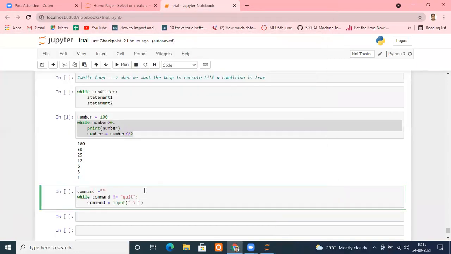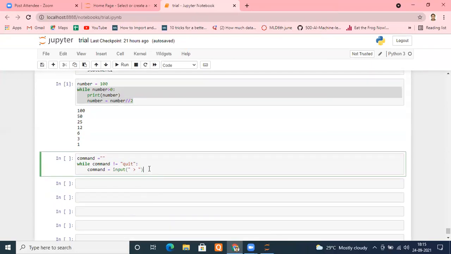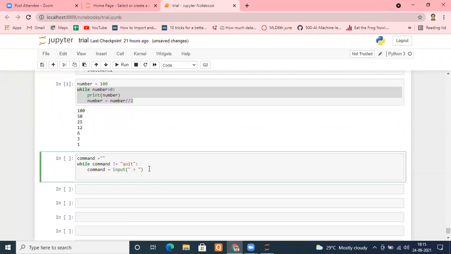So I put that there, and I will keep asking him the command. Once he gives the command, I want to tell him what command he has entered, very much like we print in our systems. In our system, how do we print? We use echo. If you work on the DOS prompt, you must be familiar with these commands. If you haven't worked at the DOS level, then you might not be familiar with them. I'll print echo, and your command is whatever command he has entered.